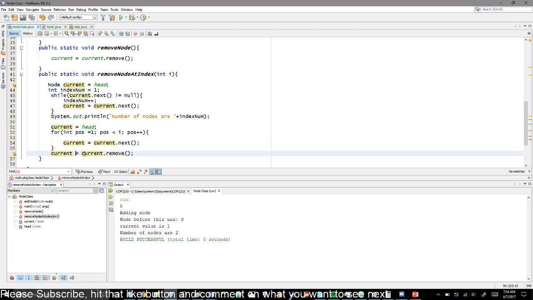When we do the remove, we have to do current dot remove, which will return the last thing. Actually, current dot next equals, actually let's do before. Let's make a node called before equals